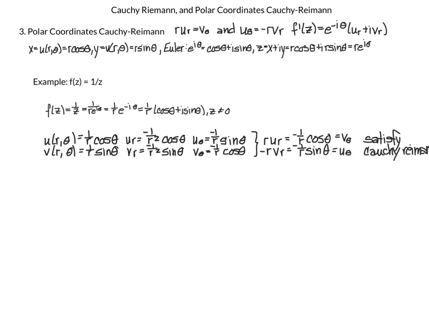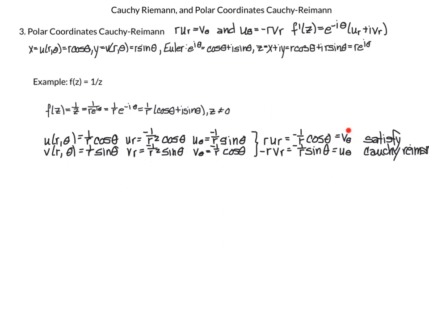So next, I can calculate u of r, theta. That will be the real part of this, which is 1 over r cosine theta. Then the partial of u with respect to r is minus 1 over r squared cosine theta. And with respect to theta, this just becomes minus 1 over r sine theta. Then I can calculate v, the imaginary part, which is minus 1 over r sine theta. v with respect to r is 1 over r squared sine theta, and v with respect to theta is minus 1 over r cosine theta,